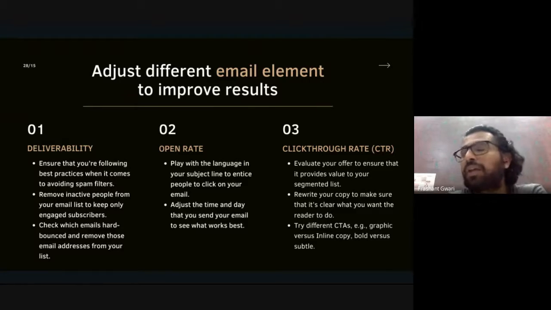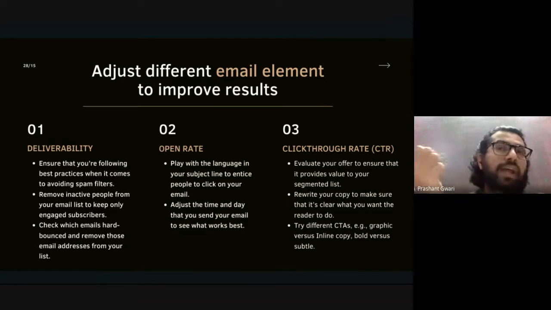What is a hard bounce? A lot of the time when we are asking for an email ID, people type it in a hurry and type the wrong email ID. They make some kind of spelling mistake. Maybe instead of .com, they type .cmo, or maybe they forget to add an @ or a dot. So they are providing a wrong email ID on the email list. When we are sending an email marketing campaign, we are sending to everyone. We don't know which one is wrong and which one is right.